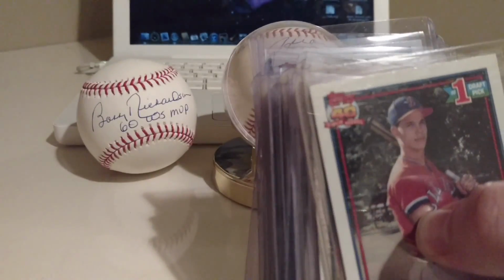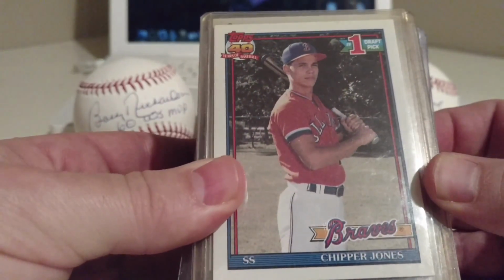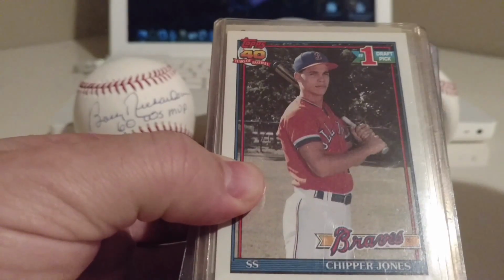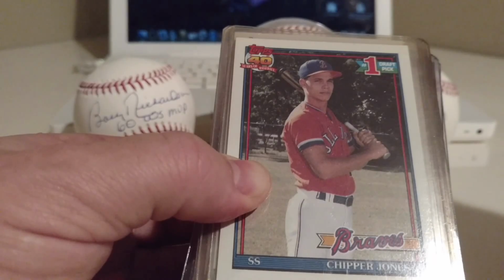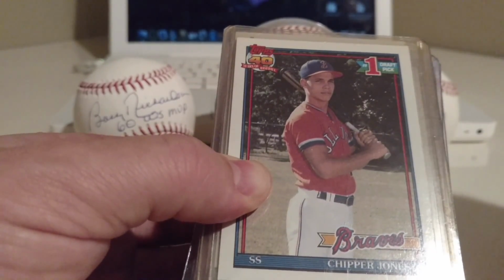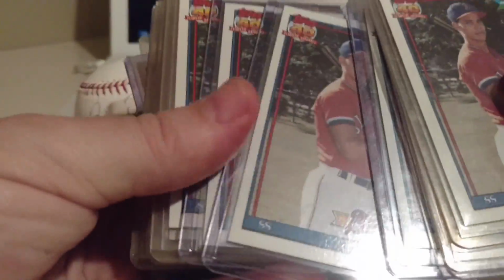All of these are Chipper Jones rookie cards. And the reason why I have it on my dumbest mistakes list is that I have even more of them. I bought a bunch of them, so it's actually one of the greatest things that happened. But then what I did is, this card started off in the Commons box. Then, because of my system, it went to the $2 binder, then I moved it to the $3 binder, then to penny sleeves, then to top loaders, and during that process, you guys won't be able to tell with this video,